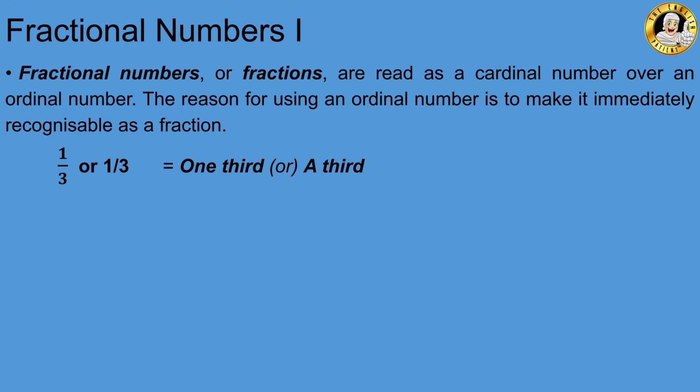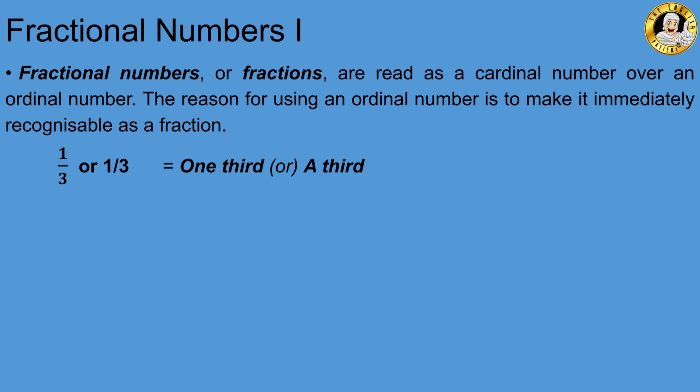Now, another way in which we use ordinal numbers is for fractional numbers, or fractions. Now, these are read as a cardinal number over an ordinal number. The reason for using the ordinal number is to make it immediately recognizable that this is a fraction. So if I said, for example, 1 3, then the person I'm talking to probably wouldn't understand. He might say, what, 1.3 or 13? What exactly do you mean? But if I say